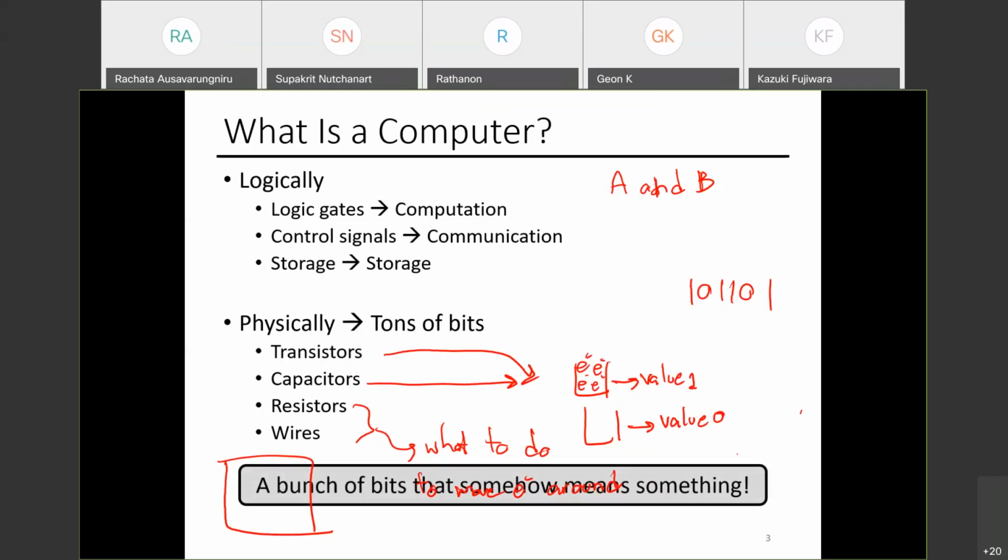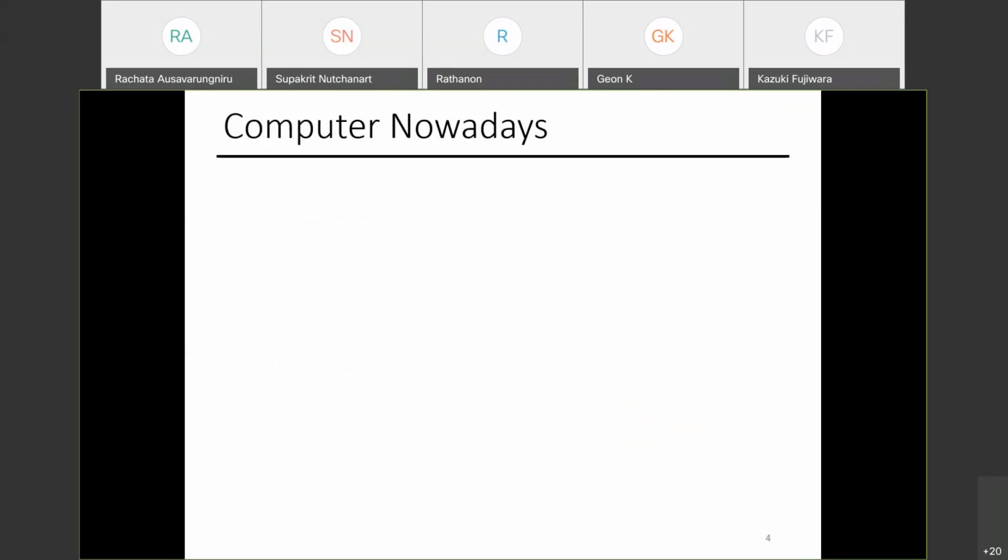And okay, sorry about having my writing on top of this box, but basically what I'm trying to say here is we have a bunch of bits. And somehow it means something. The computer runs, it can run your program, right? So let's actually talk through what happens when you write a program and hit that enter button and run the program. What happens when you double click on the Chrome button so that you can browse the internet, launch YouTube, and somehow magic things happen on your monitor. Right? So these are the computers nowadays.